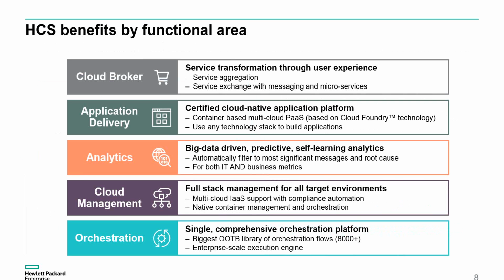So we really tried to address 5 key areas, and the first, I'm going to start at the bottom. The first one is orchestration. We provide a single comprehensive orchestration platform with, many of you may be familiar with this, it is operations orchestration. It's got over 8,000 plus flows and operations that you can pull together to automate various processes across IT